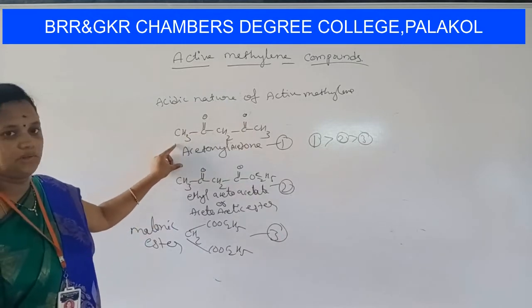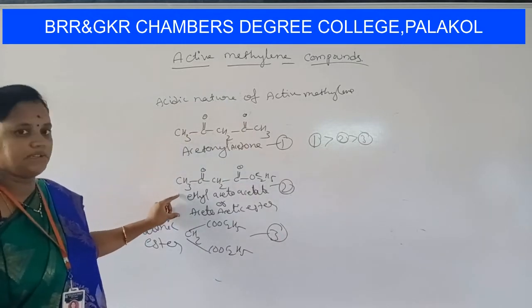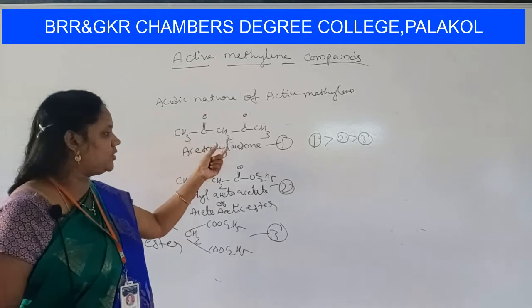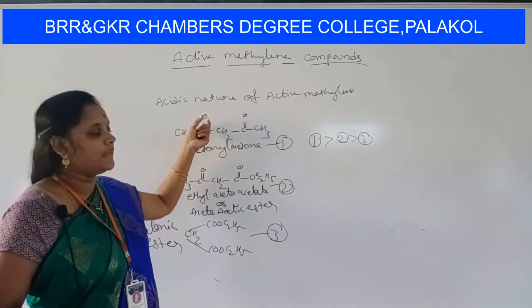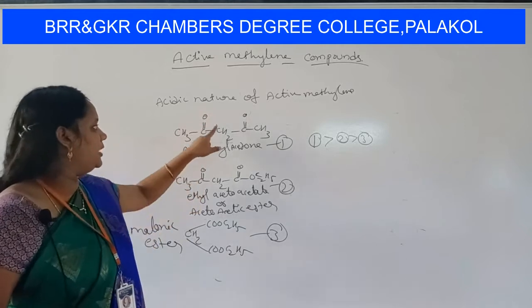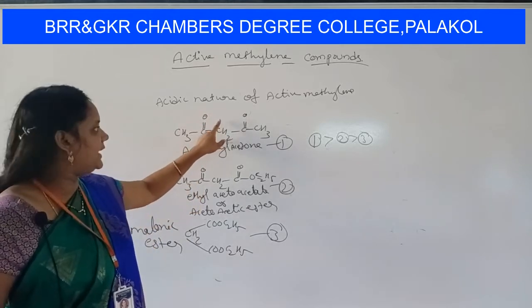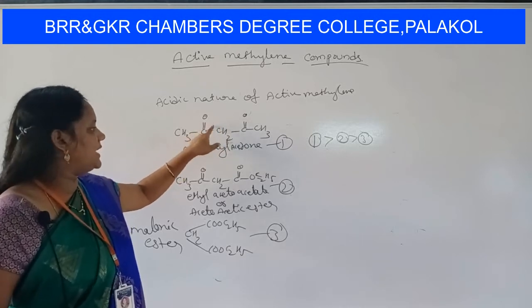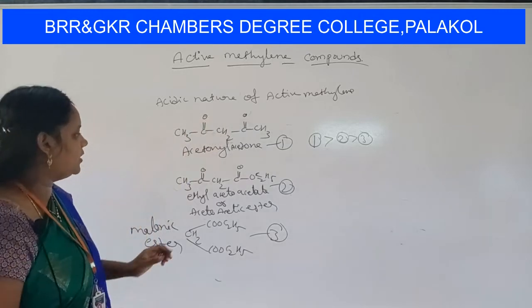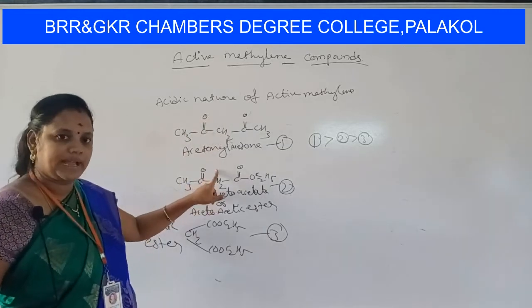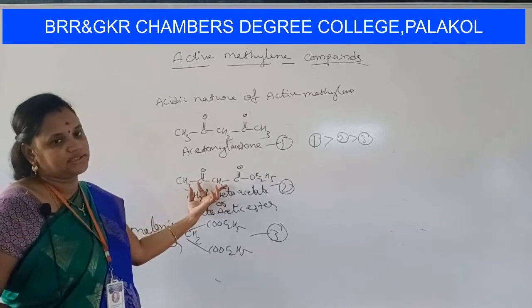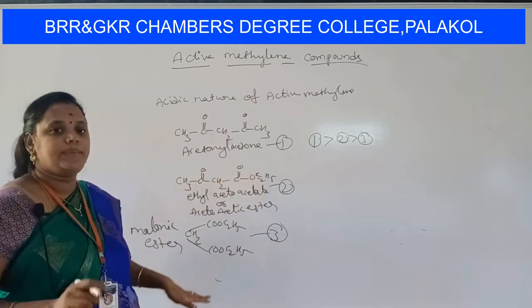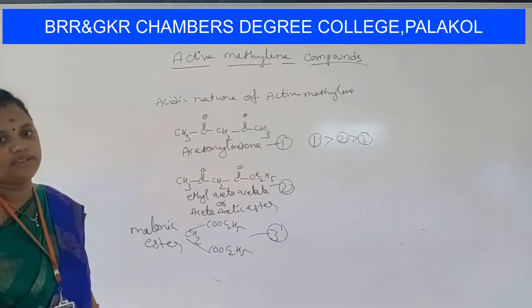Okay, the acetonyl acetone reactivity is greater than ethyl acetoacetate, which in turn is greater than malonic ester. Here the acetonyl acetone occupies the first position of reactivity, because if you remove hydrogen using sodium metal, you will get a carbanion, which has two resonating structures. In this case also, if you react with sodium metal, you will get a carbanion and you can write resonating structures. But here, because of these ester groups present, they get self-resonance.